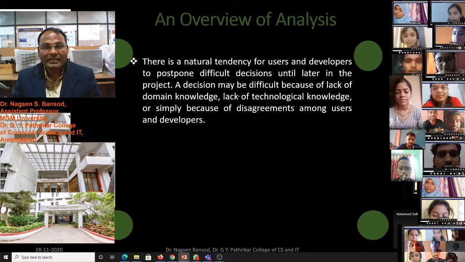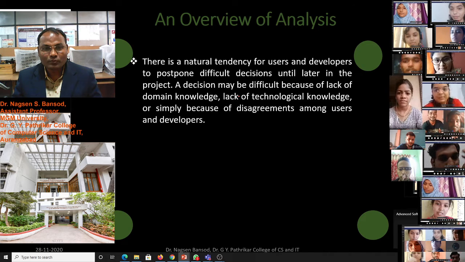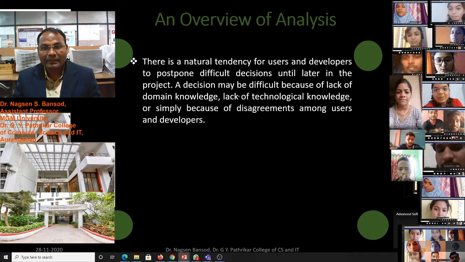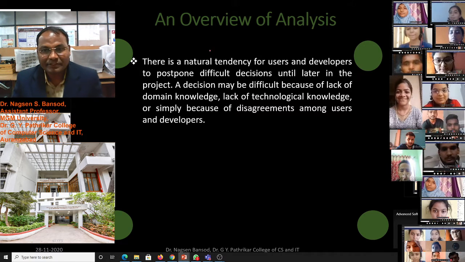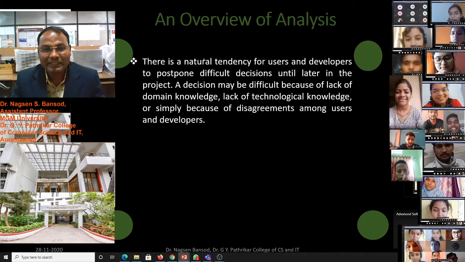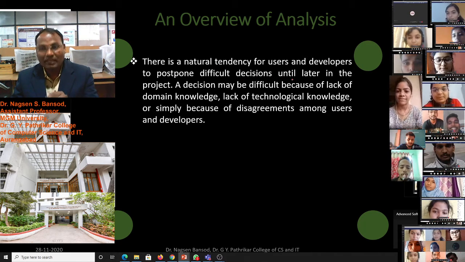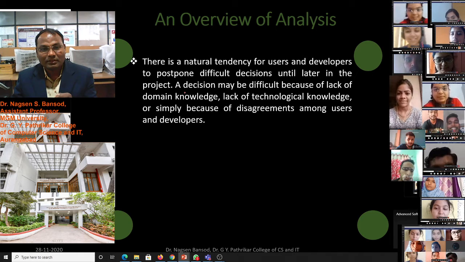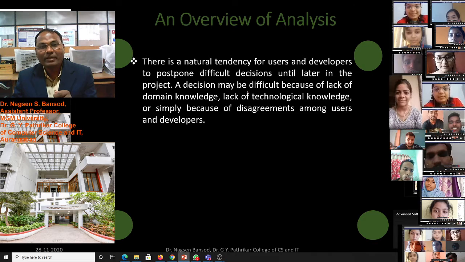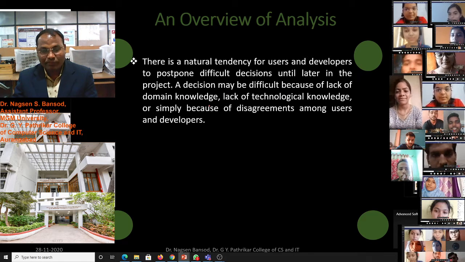There is a natural tendency for users and developers to postpone difficult decisions until later in the project. The natural tendency of users as well as developers is that they postpone the difficult decision until later in the project. A decision may be difficult because of the lack of domain knowledge.